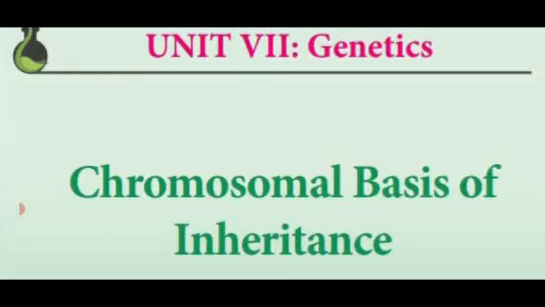Then we have seen what is gene mapping and linkage map. What is gene mapping? It is a diagrammatic representation to find out the place of a gene and the distance between the 2 genes which are present in the chromosomes. That is known as gene mapping. With the help of gene mapping, we are able to identify the place of a gene and the distance between the genes.